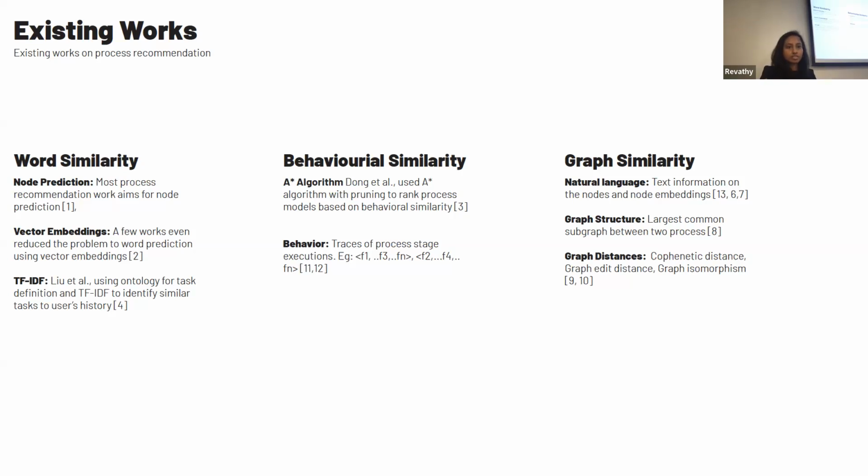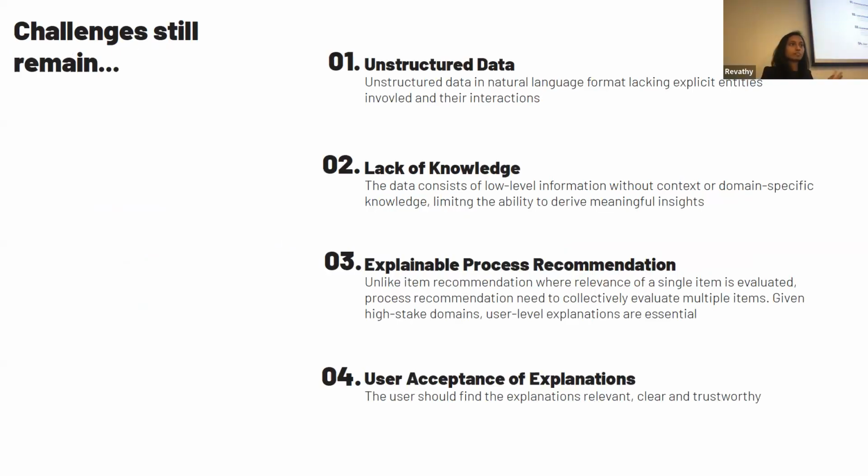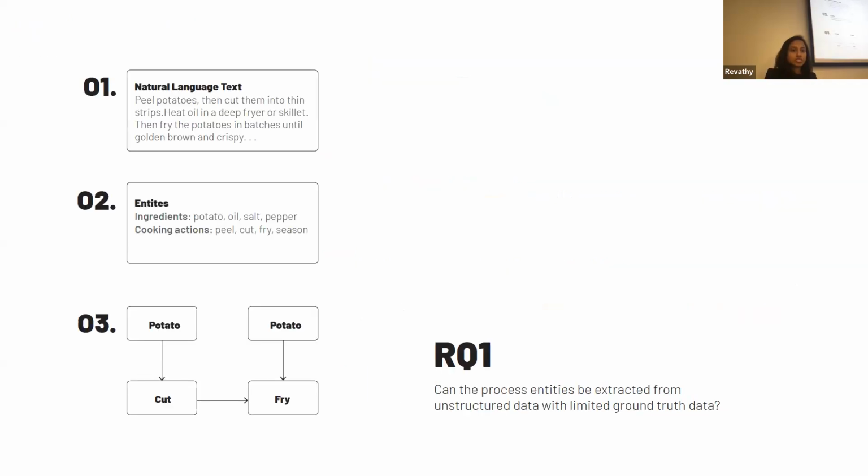So looking into the existing works, we see that the challenges still remain, mainly because the existing works assume availability of structured data, but that's not always the case. And they neither focus on explainability nor use domain knowledge for more meaningful insights into the inferencing. So now mapping these challenges to the research questions, how can we extract